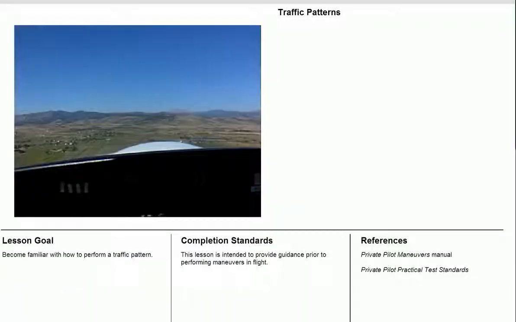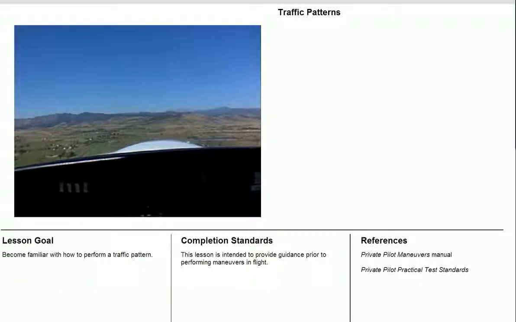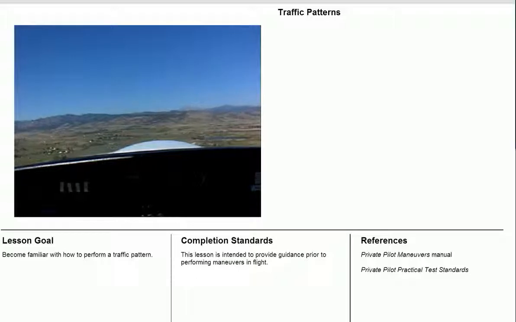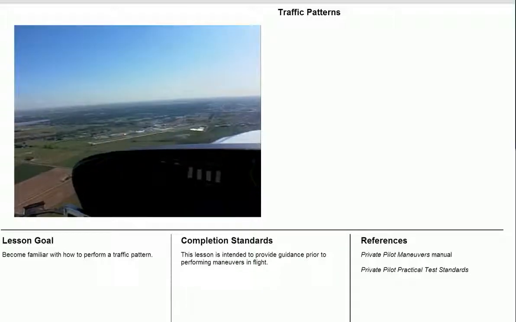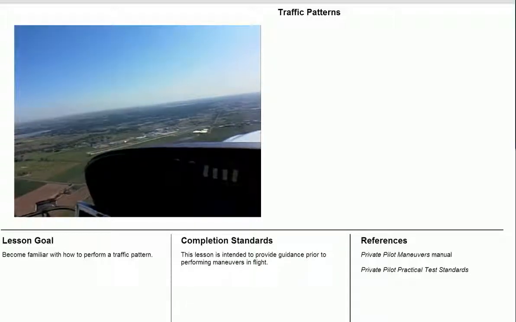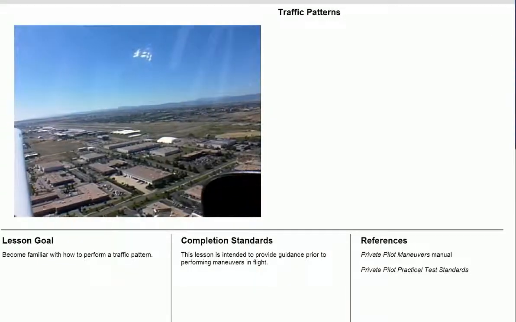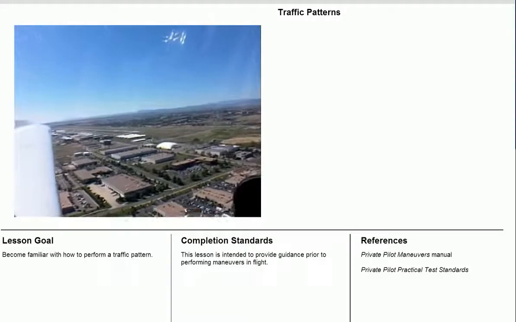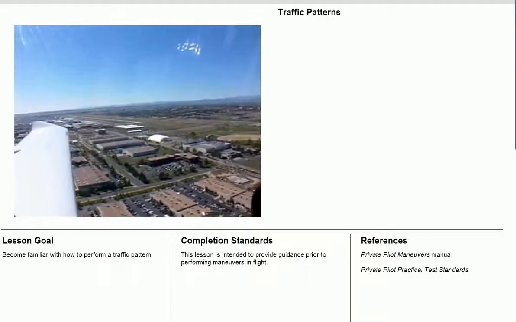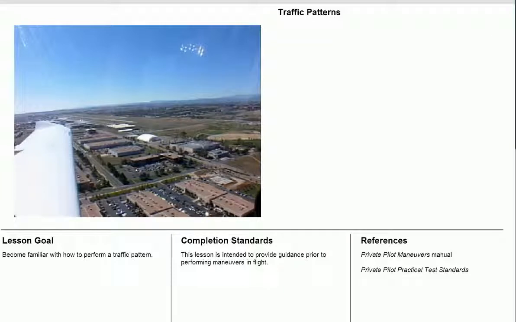pattern. You take off and enter the traffic pattern to practice a series of takeoffs and landings at your local airport. After a cross-country flight, you set up for a downwind entry to the traffic pattern at an uncontrolled airport. The tower at your destination instructs you to enter the traffic pattern on a left base. You'll be operating in the traffic pattern during every flight, so in this lesson, you will learn how to become